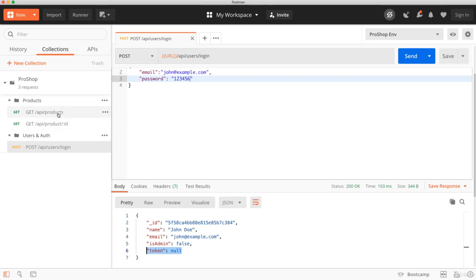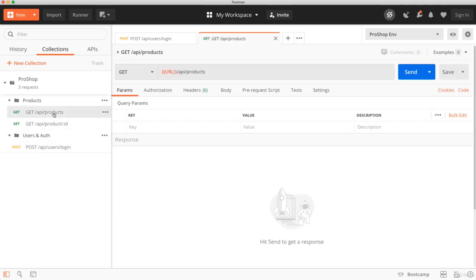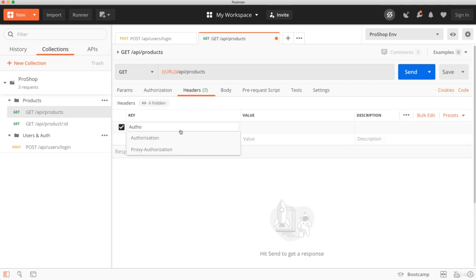And the way that that will work is once we get it, let's say that this route here was protected, and we'll create our own middleware for that to protect routes. But if this was protected, we would have to, in the headers, send an authorization value, and we would put the token. Now this is a token that we're bearing, so the typical convention is to use Bearer and then whatever the token is. Okay, so we want to format it like that, and that's how the server will get it,